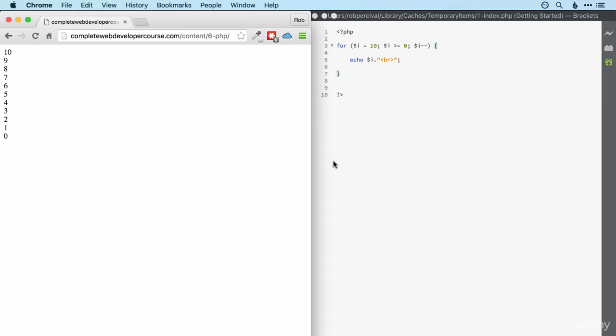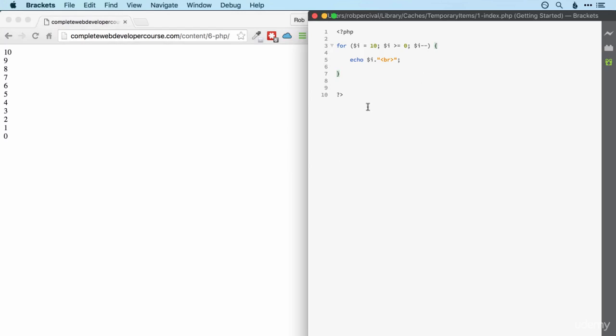Great. Okay, so one of the most useful uses of for loops is looping through arrays. The couple of examples that I gave you were looping through tweets or emails. They would likely be stored as arrays on the server which was providing them to you. And we can use for loops to do that. So let's